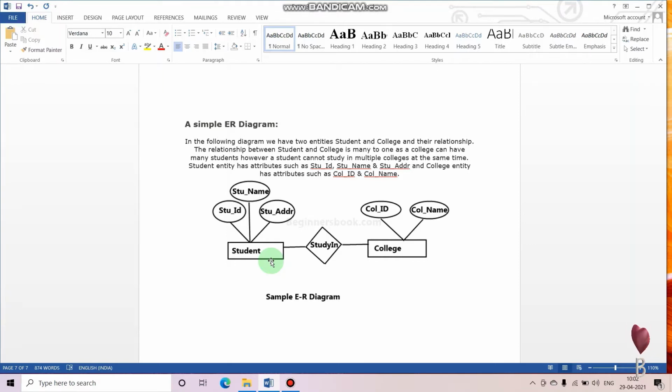Okay, then the second thing we have is a foreign key. Let's see, first this student table has these three fields, right? We'll create one more field which will be college ID.